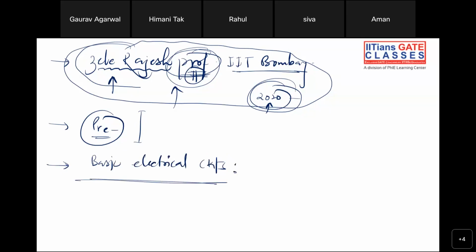But if you join us, or in future the course at IGC for GATE and all, these things will be taught, definitely basic electrical circuits and analog. But to prepare, these are the materials I'm referring to, because they are also great in length. I don't know whether you will be able to understand, but yes, for BTech students who are not preparing for GATE and are going directly for TI,